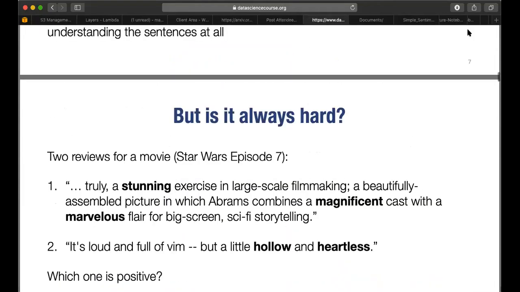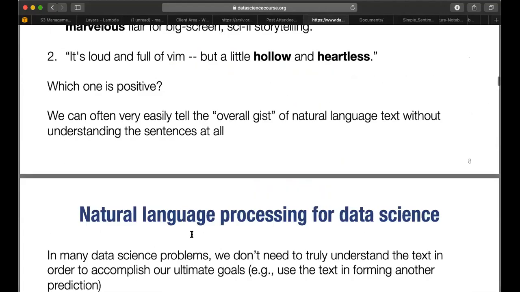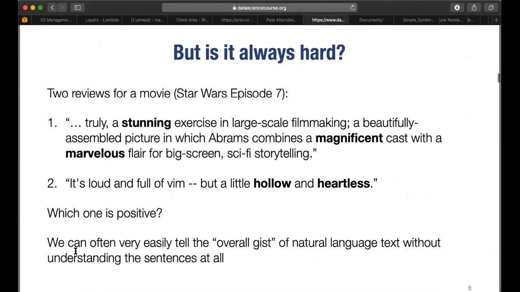Okay, so at this point, you'd remember that the professor said something like, we can often very easily tell the overall gist of natural language text without understanding the sentences at all, right?